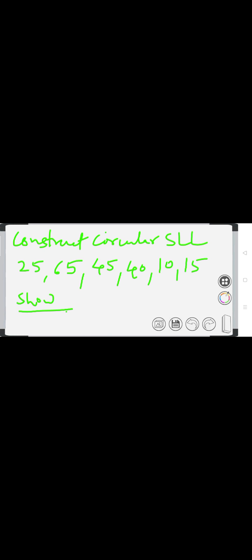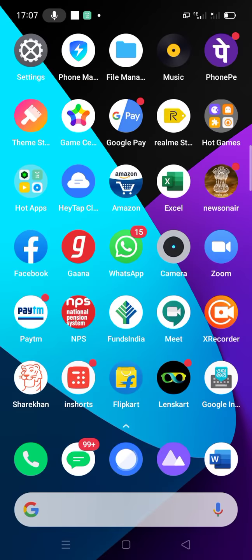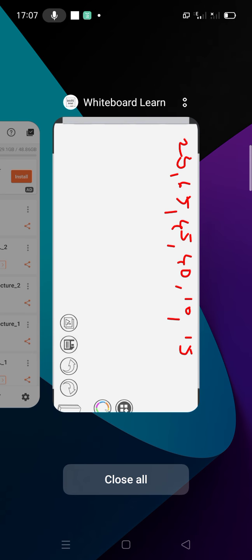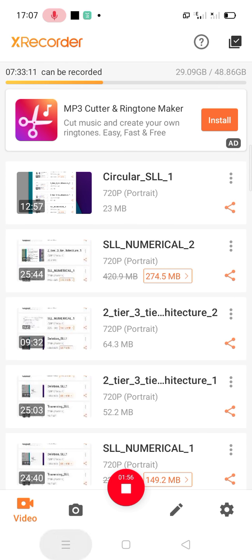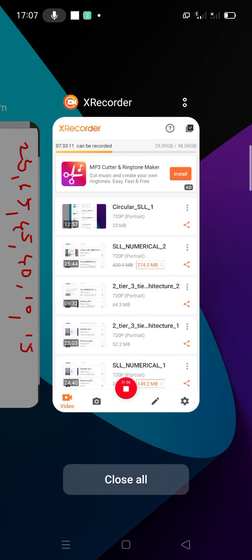So the given data is some data field values, 25, 65, 45, 40, 10 and 15, and we want to create a circular singly linked list.